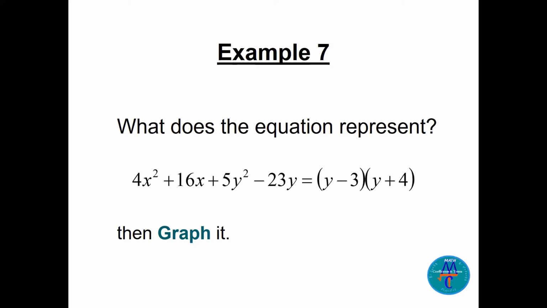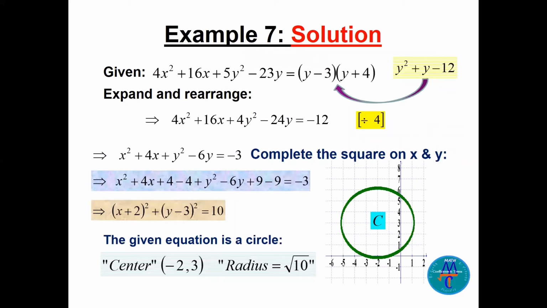So: simplify, rearrange, complete the square. Those are the steps. First, we have to multiply (y − 3)(y + 4), remember? That gives y squared plus y, because this is 4y minus 3y, so plus y, minus 12. So I put it there. Now I have 4x squared there,